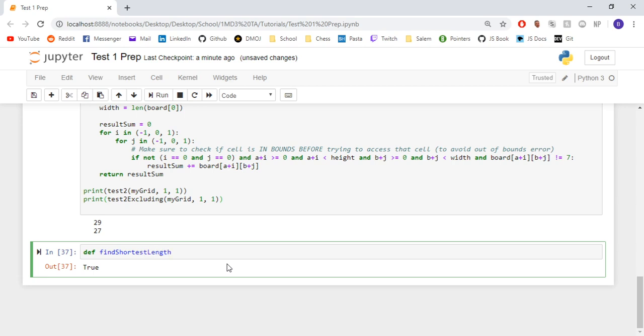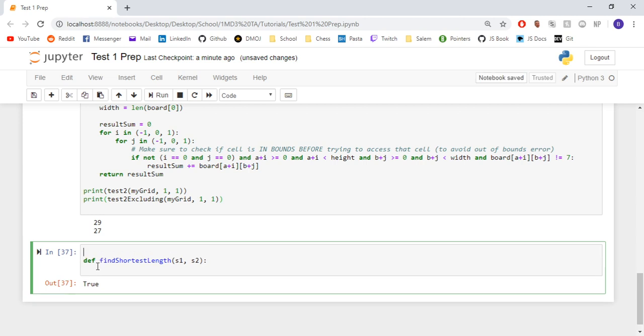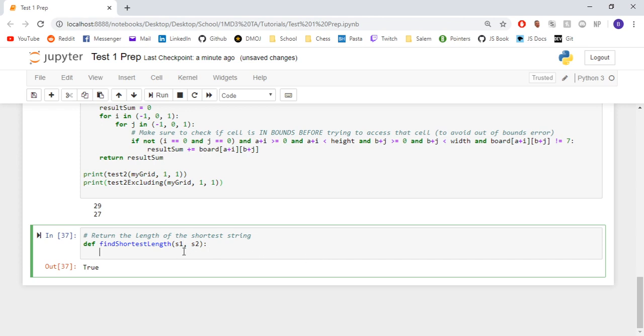We have a function called find shortest length, and it takes S1, S2. It takes 2 strings, okay? And let's say the point of this function is to find the length of the shortest string, and that's what we want to return. So that's actually pretty simple. All we have to do is